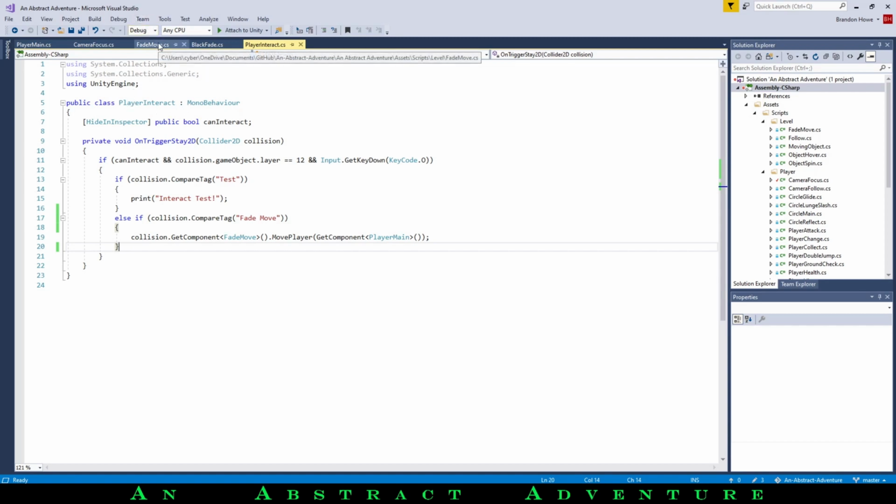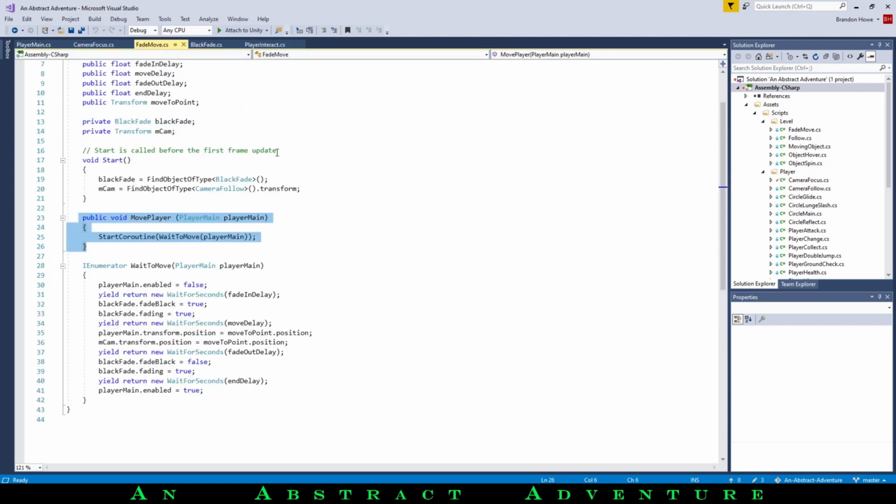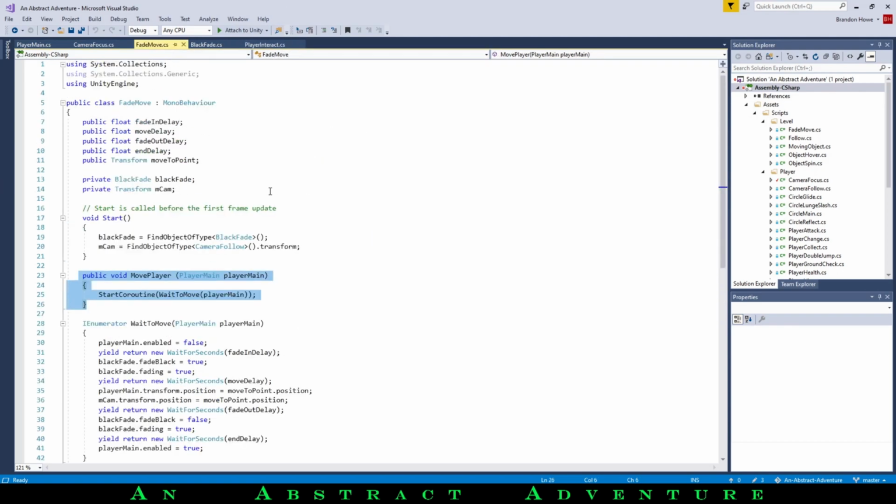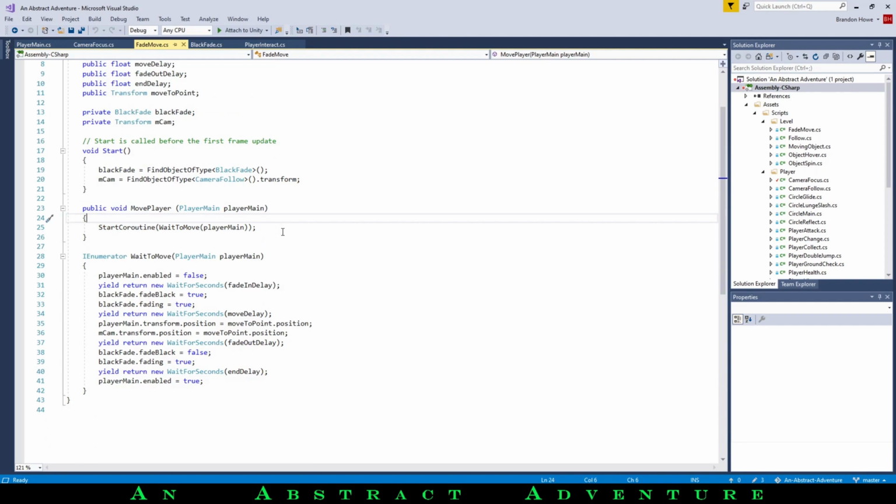We don't need to be super optimized. Eventually it's going to be somewhat optimized, I guess. But for the most part, until we actually face lagging issues, it's not really that much of a concern. Anyways, so then I'll go back to our fade move script, the move player function that we just saw